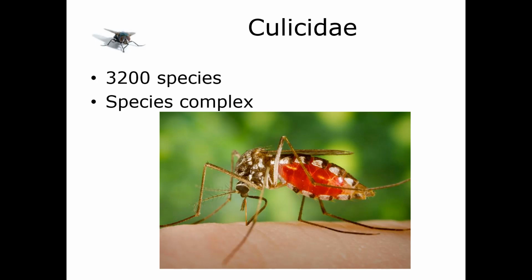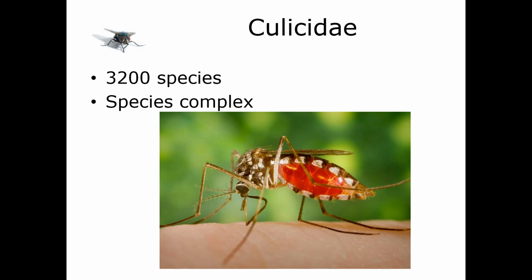So a species complex is a group of very, very closely related species. They're so incredibly close, in fact, that we cannot tell them apart morphologically. They may be reproductively isolated, so we only see them mating with one another that live in one particular area. They might be regionally isolated, so there are certain species complexes where you have these two species, one that likes it cold, one that likes it warm. So you don't really see them being able to mate with each other. But if you were to put them in the lab and look at them under the microscope, they look identical. And then they will mate with each other and produce viable offspring.